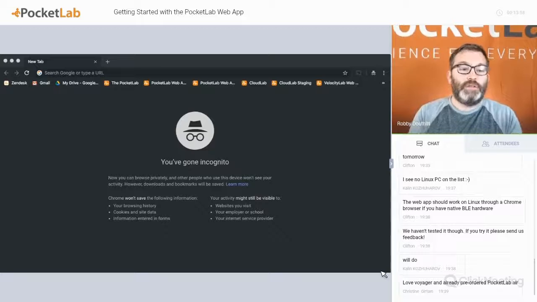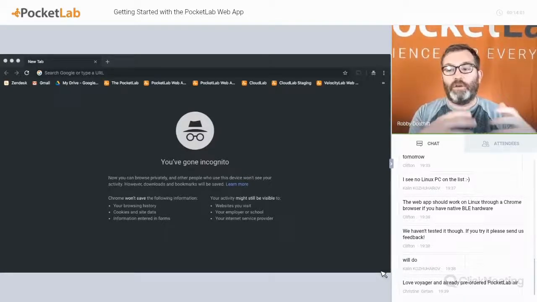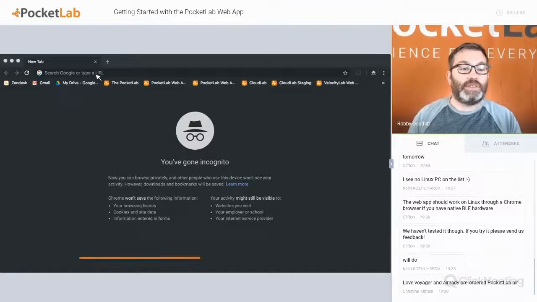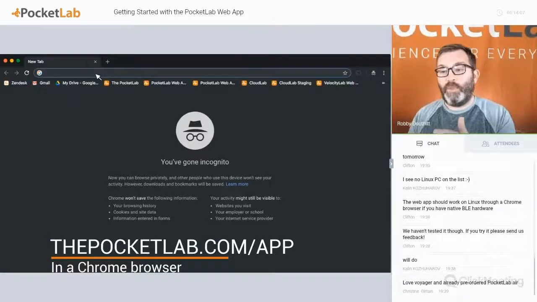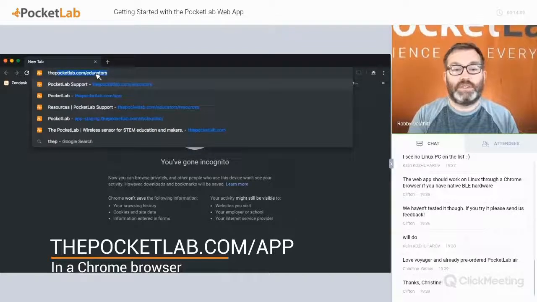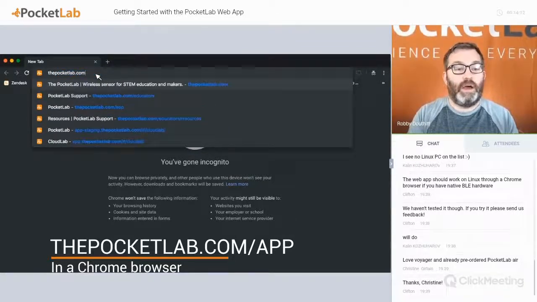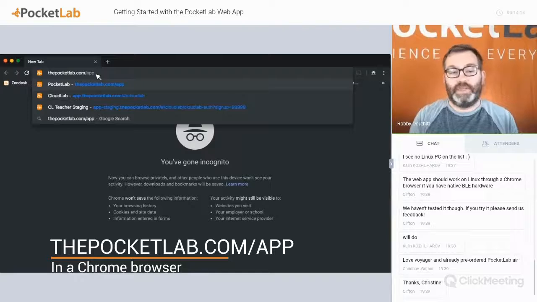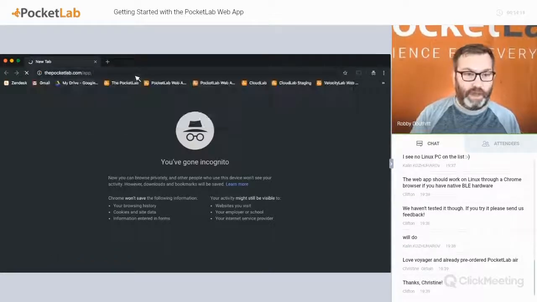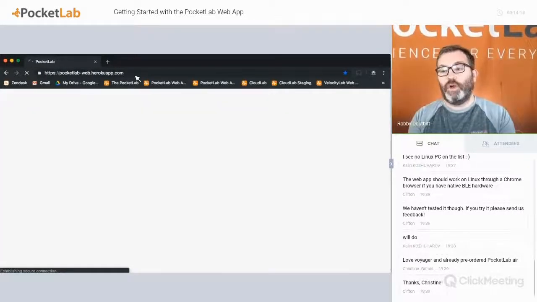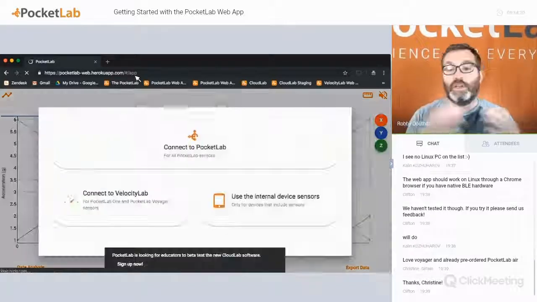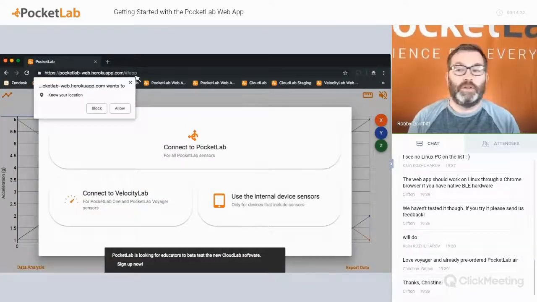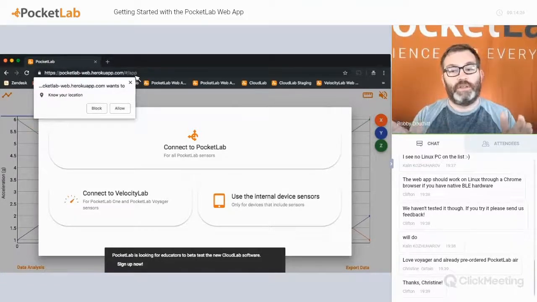You should now see a Chrome browser. This is my Chrome browser that I have up on my screen. Simply to connect to the Pocket Lab web app, you just need to type in pocketlab.com/app, and that's it. It takes you right to the connection screen. You don't need to download anything. There's no license or anything like that. So if you're in a school, you don't need to download things to all the student devices. You just need to go to that website,